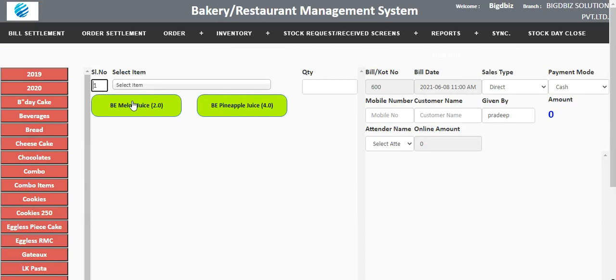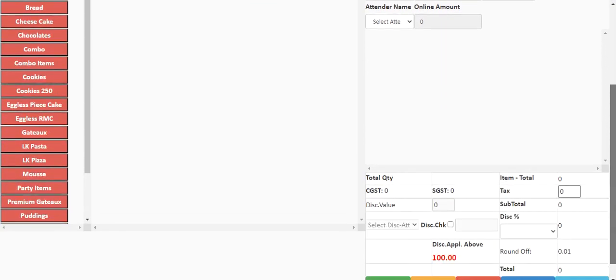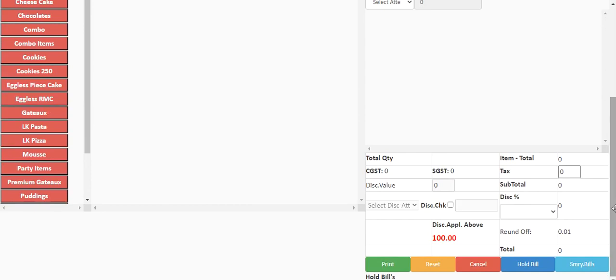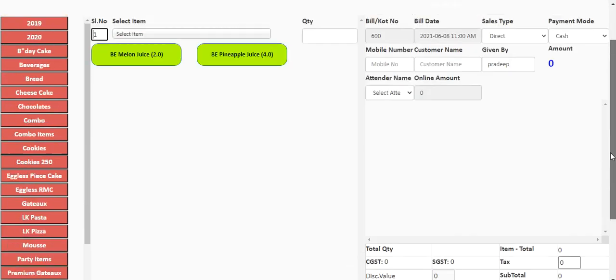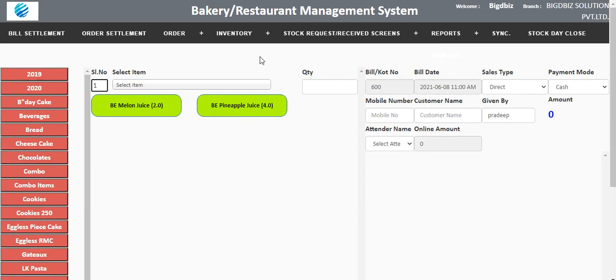So you have both options, like the kiosk system on touch screen, or you can use the fast billing system also. Both options are available. You can use the whole bill, you can see the summarized bill, you can provide discounts. So you can see all the options here. So thermal print will appear automatically.